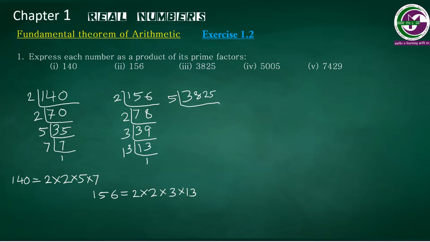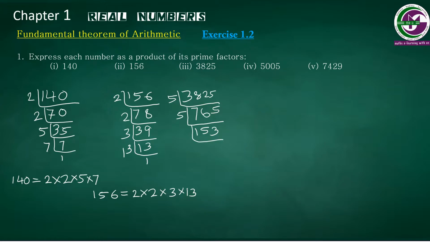In 38 there are 7 5s. 7 5s are 35, carry over 3. 32, 6 5s are 30, so carry over 2, 25, 5. Again the last digit is 5, so we can write 5 again. In 7 there is 1. Carry over 2, 26, 5. Carry over 1, 15, 3.